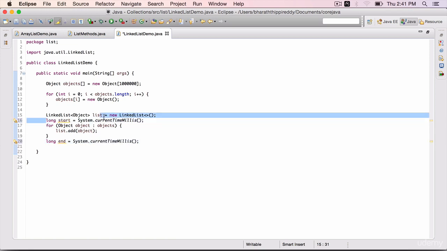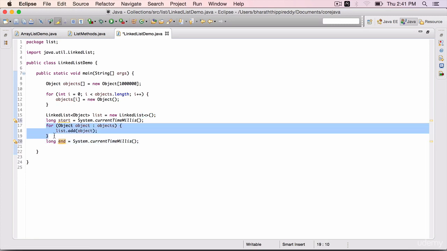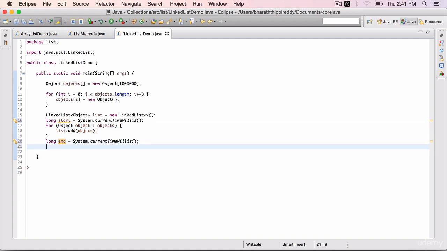So we are taking the time before and after. Now if we subtract the start time from the end time, we will get the time this for loop will take to execute. Sys out, time taken colon plus within brackets end minus start.